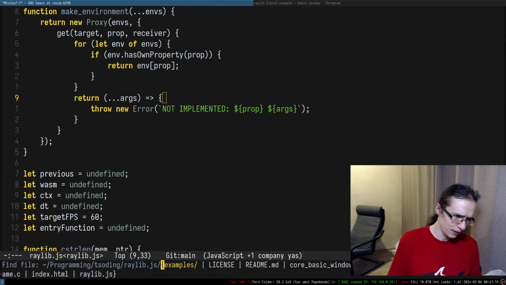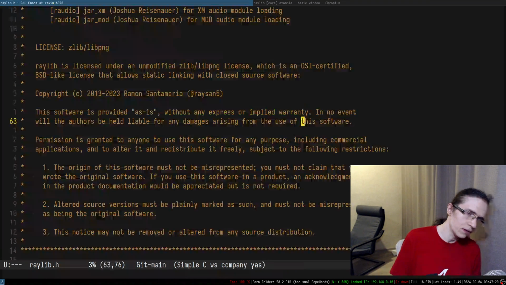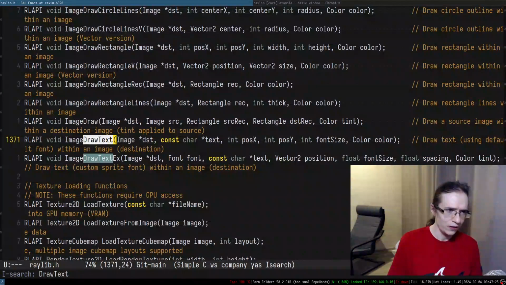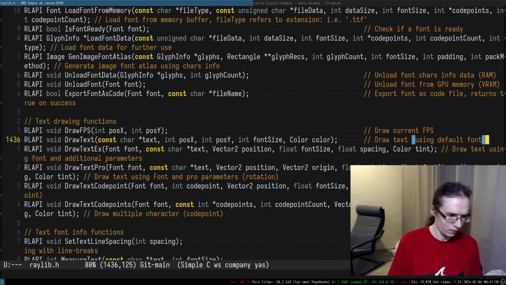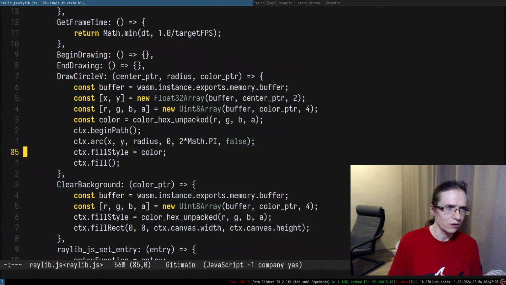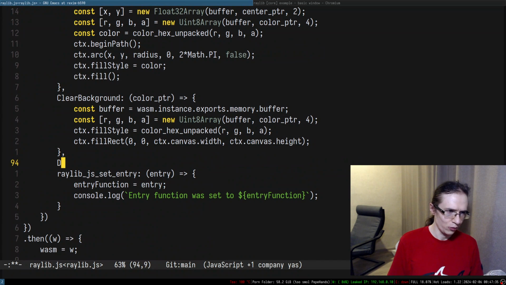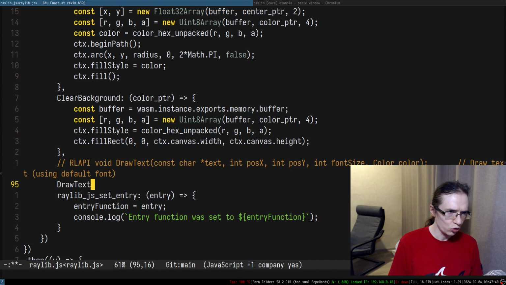So Raylib, include raylib.h, draw text. So where's the function draw text? Aha, so here it is. Might as well, by the way, copy paste this thing in the draw text. So we didn't implement it yet. Let's go ahead and implement it. Draw text. So in here we're gonna have a text which is a pointer, position X, position Y, font size, and